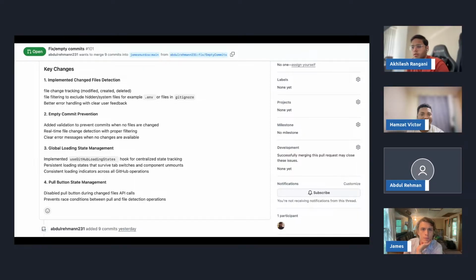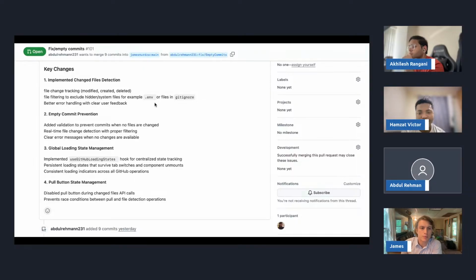Nice. What were you using for state management, Victor? We're using Zustand, I think, predominantly for the GitHub integration. We're just using React Query to get the data. So maybe we should be using Zustand for this, possibly, right? Yeah. Okay. Let's look into that. Maybe you can have a look at this PR. You don't have to change anything. But if you have feedback for Abdul, let him do it. He's really good at replying to feedback.